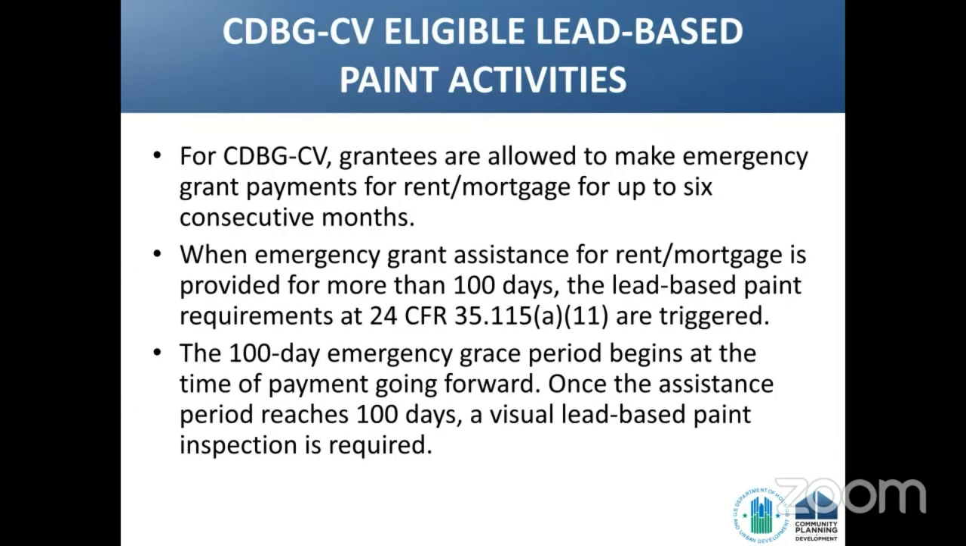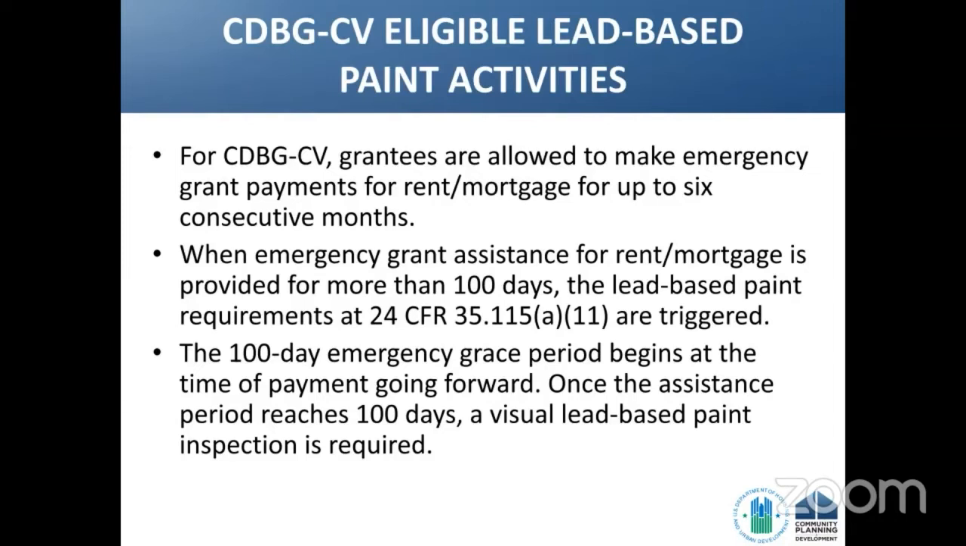Okay, let's get into the CV requirements. There was a whole lot of confusion over this when it came out. And I'm going to try my best to explain it so that you understand, but feel free always to ask questions. Okay, as you all know, and I mentioned before, grantees can make emergency grant payments for rental mortgage for up to 6 consecutive months. When that happens, if they do it for the entire 6 months, that's over 100 days, and that kicks in this requirement here at 24 CFR 35,